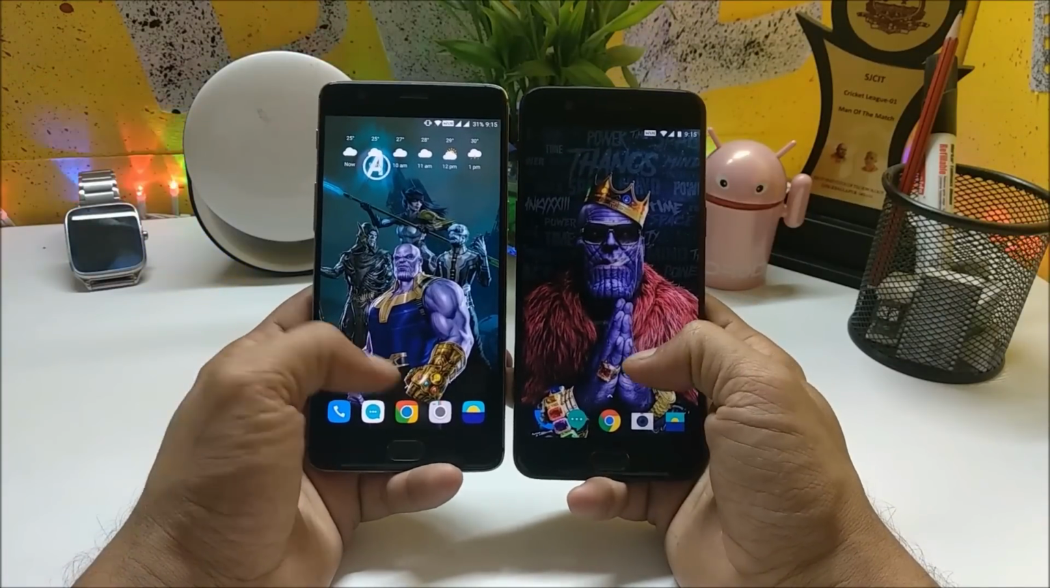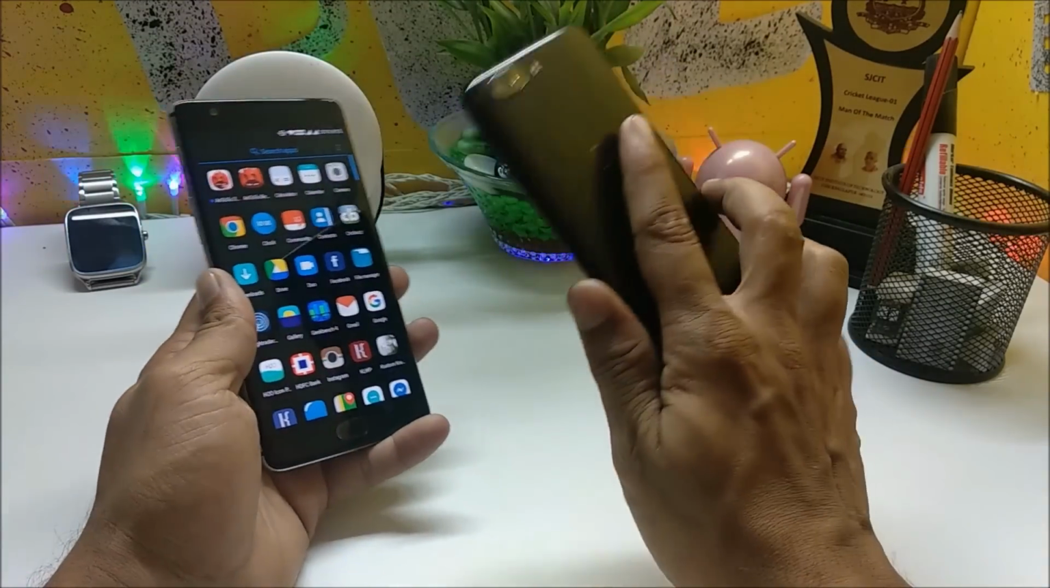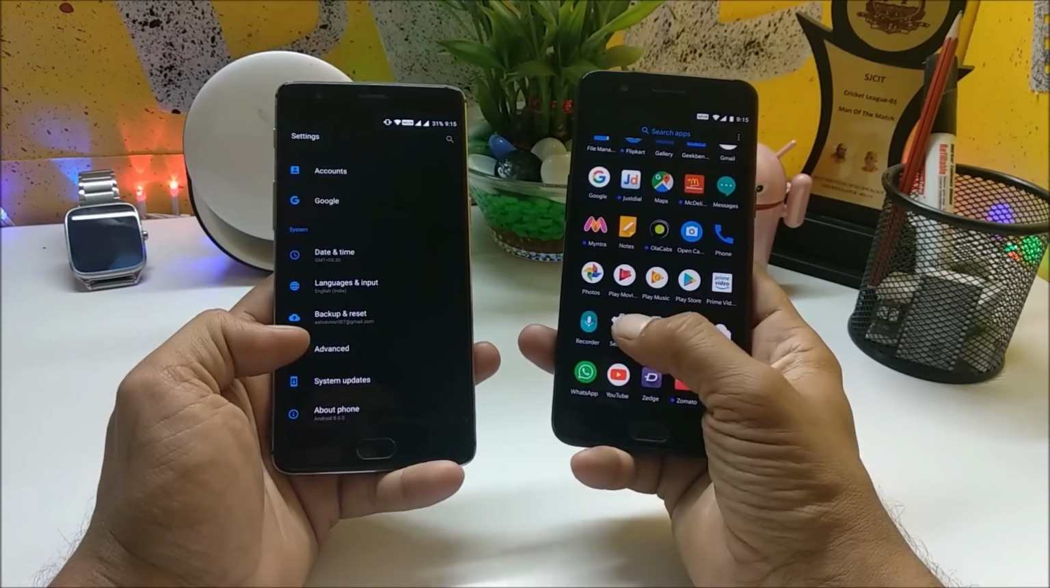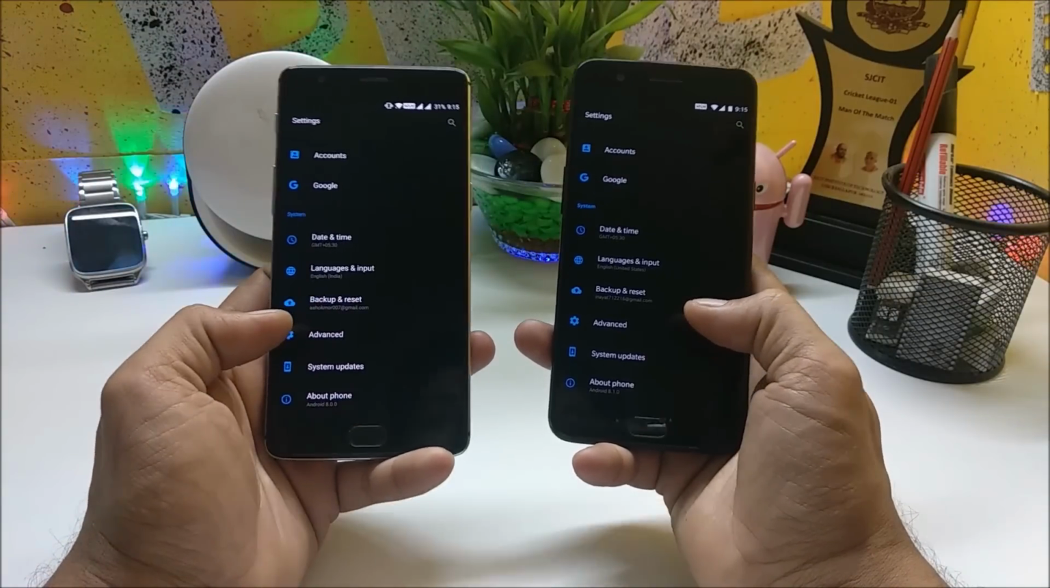This is Ashok from TechiBee and today we have a new update for OnePlus 3, 3T, 5 and 5T, which is in the form of beta update. And if you guys have not updated, then you can download the file from the description below and update your